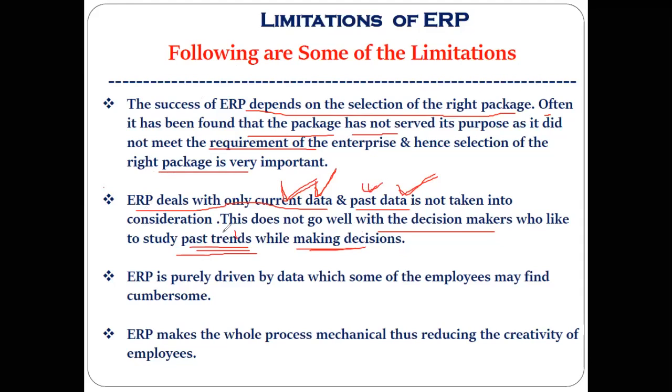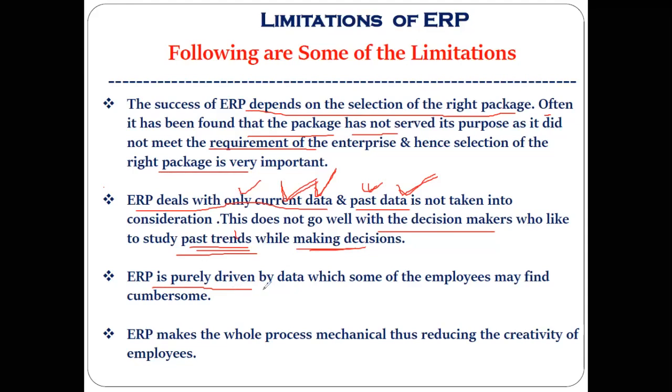Understood. I hope all of you got this point. That second limitation is what ERP deals with. Most of the ERP deals with only the current data. Deals with, in the sense, most of the ERP can handle only the current data. They cannot handle the past data or the historical data. Third limitation can be there. That is the